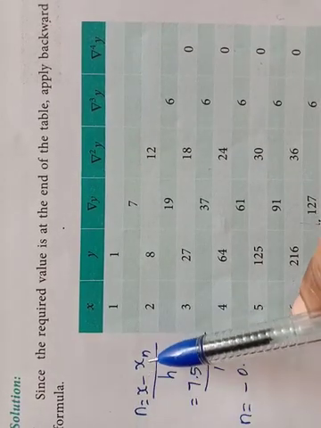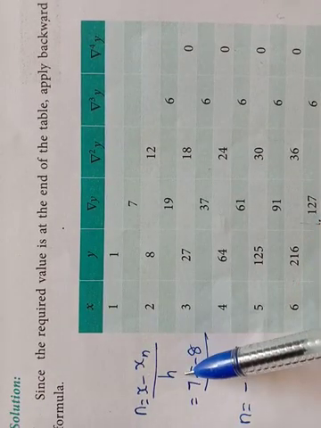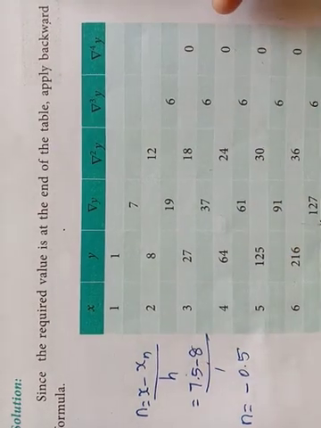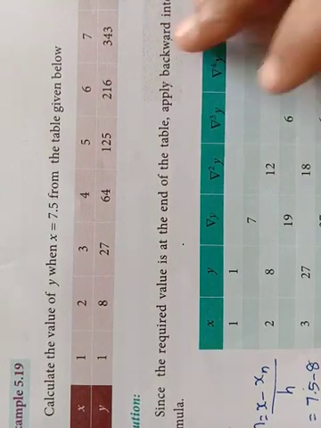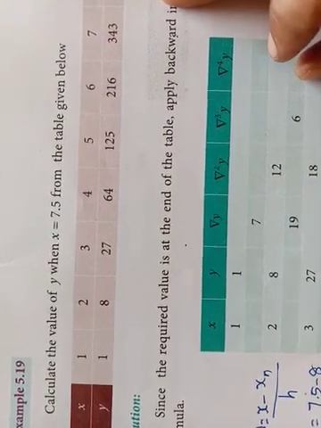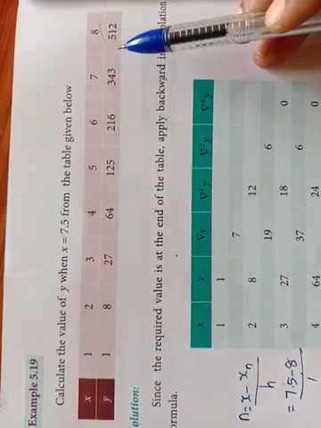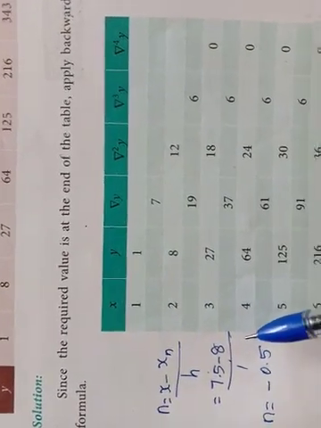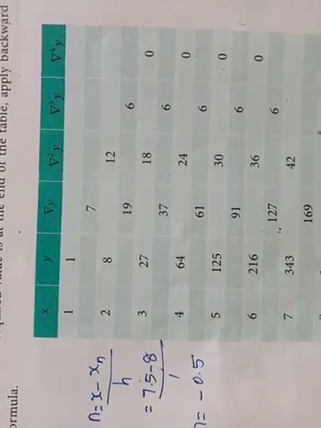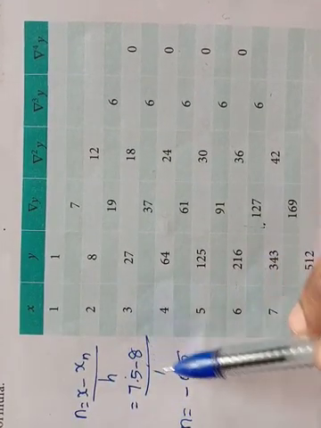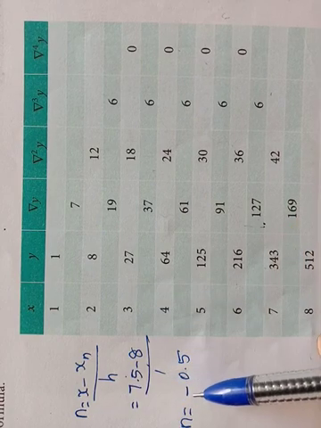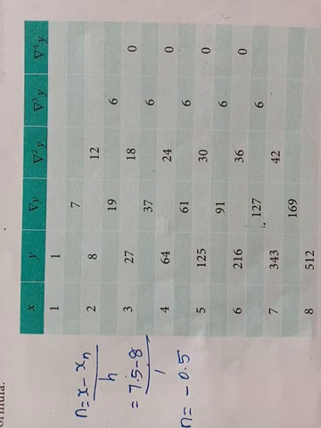Here backward formula we want to use, n we want to calculate. n is equal to x minus xn by h. The x is what they asked, that you want to write. The xn is the last value in the tabular column. The last value in the tabular column is what they gave you here, 8. That value, the 8, you want to write here. So x minus xn by h, so 7.5 minus 8 divided by h, which is 1, the difference between them. So the negative value also will come for the n.